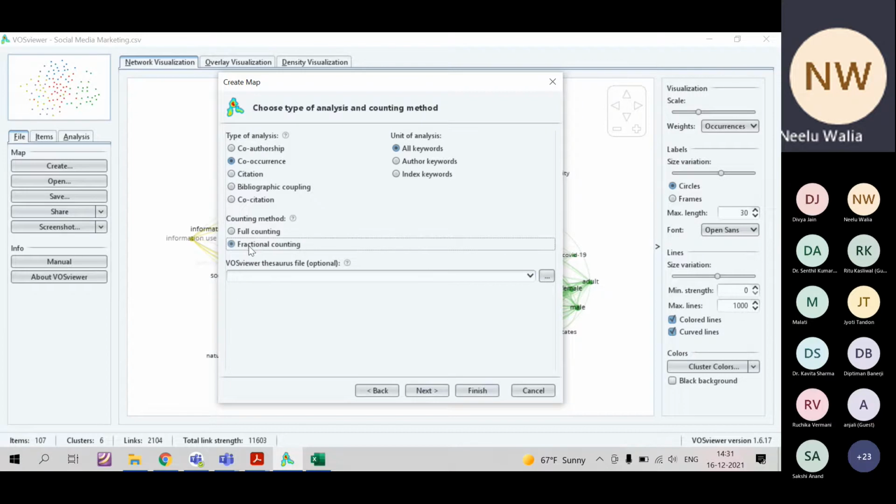So in that way it will count. It will give more weightage to the first one and then less weightage to the others. Fine. But in USA or in Europe,